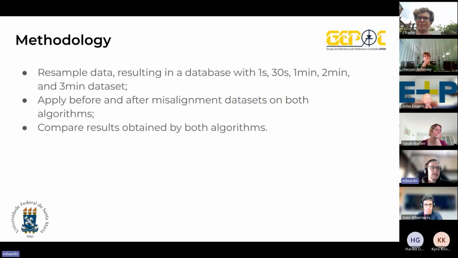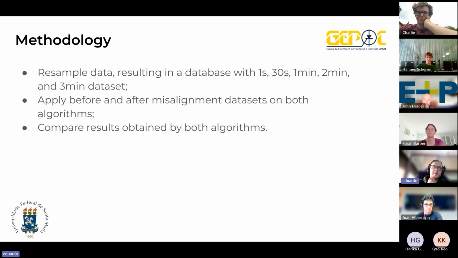So what we did to analyze the data sets is we basically resampled the data. That was Eugenio's idea because we didn't get good results with the 1 Hertz data set. So we resampled the data to 30 seconds, 1 minute, 2 minutes, and 3 minutes.